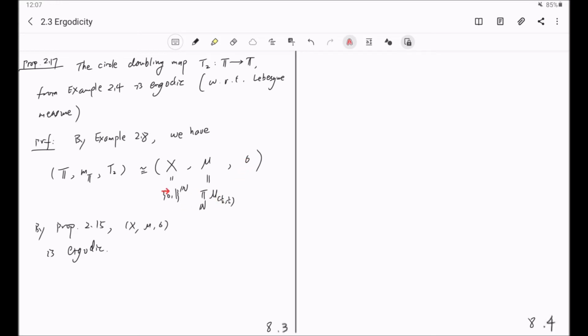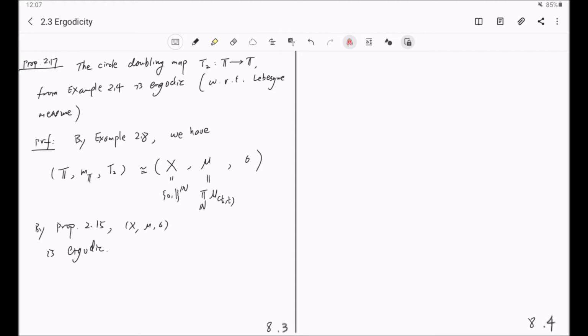The difference is that back in proposition 2.15, you get a two-sided infinite sequence. But the proof in there should apply to this case without any essential changes. So you can easily see from the proof in there that this guy is still ergodic,